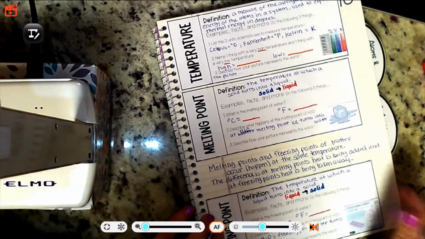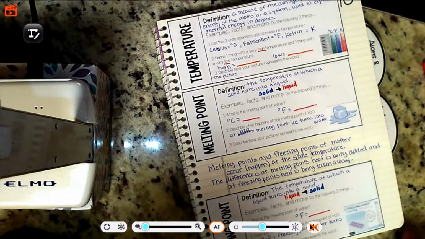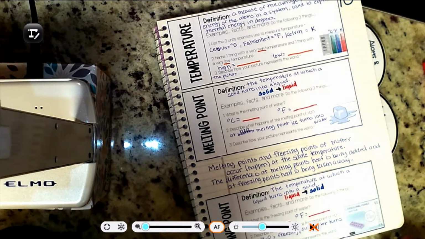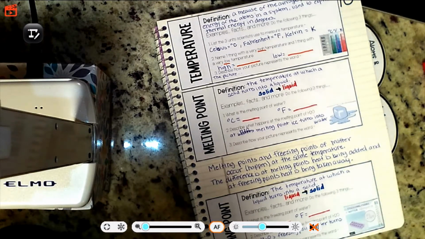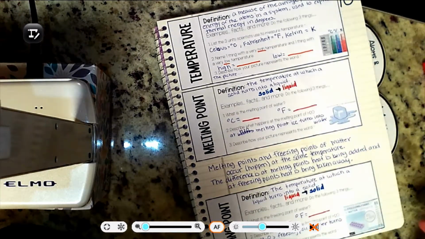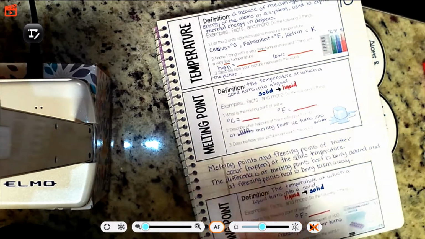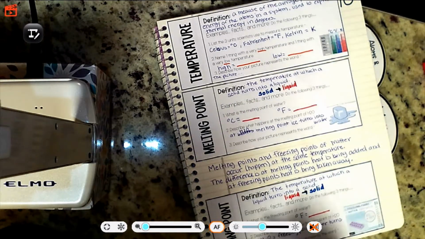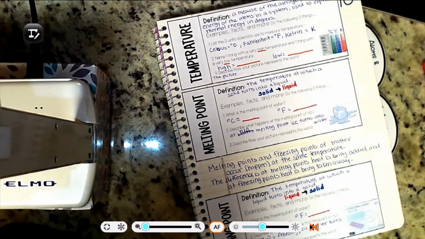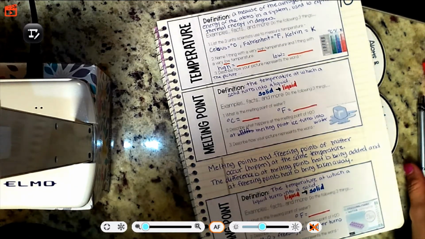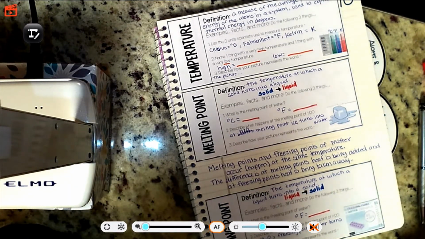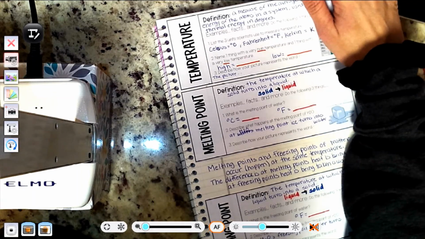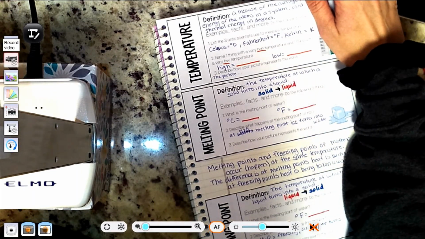So make sure you can pause and get that written in there. It's really important to remember that heat is not disappearing, it's just going into the air, or it's coming from the air. So when it's being added, it's just coming from the area around it. And when it's being taken away, it's going into the area around that matter. So once you get that page done, go ahead and